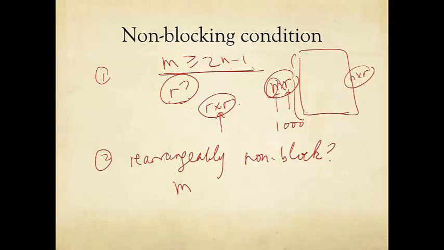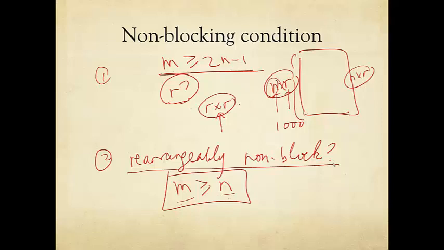And indeed, as long as m is bigger than or equal to n, this is almost basically a half reduction in how stringent this condition needs to be. As long as m is bigger than or equal to n, as long as there are as many middle stage switches as the number of input ports per input switch,